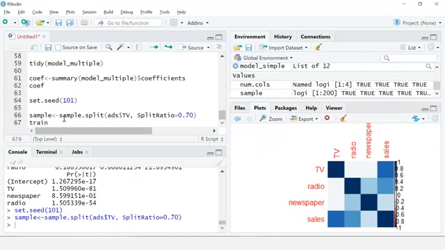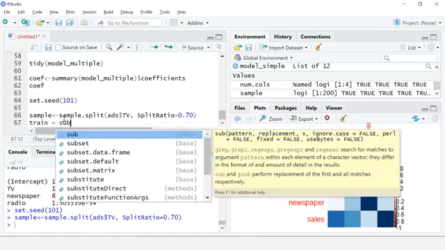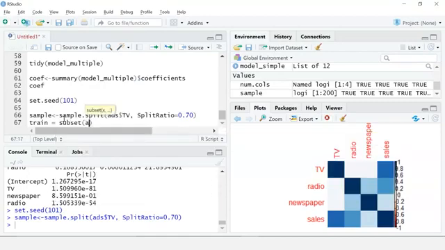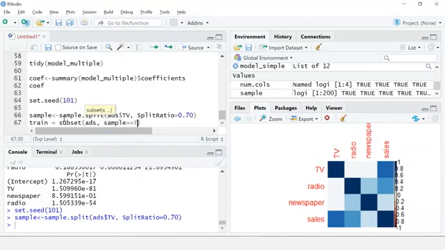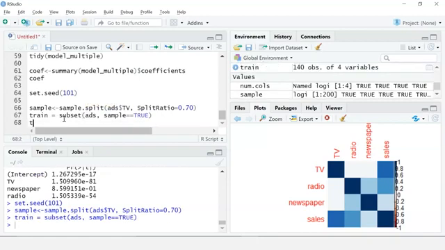I'll use another variable called train and take the subset of the sample, pass in my ads variable, and I'll select sample is equal to true. Similarly, I'll take another variable called test.